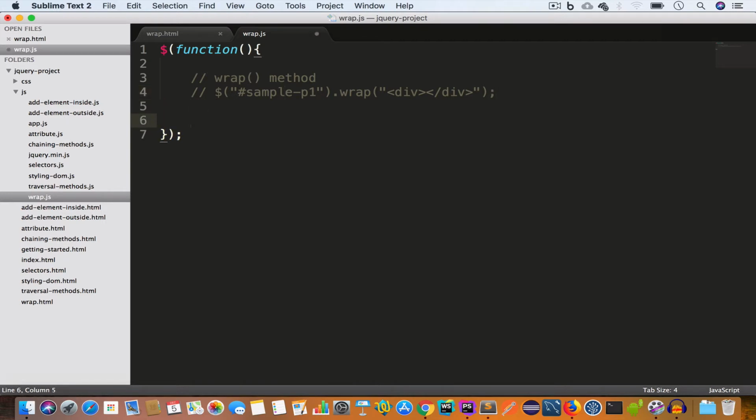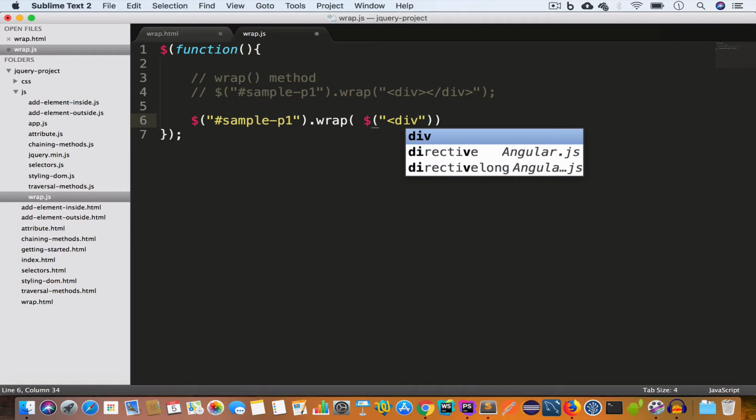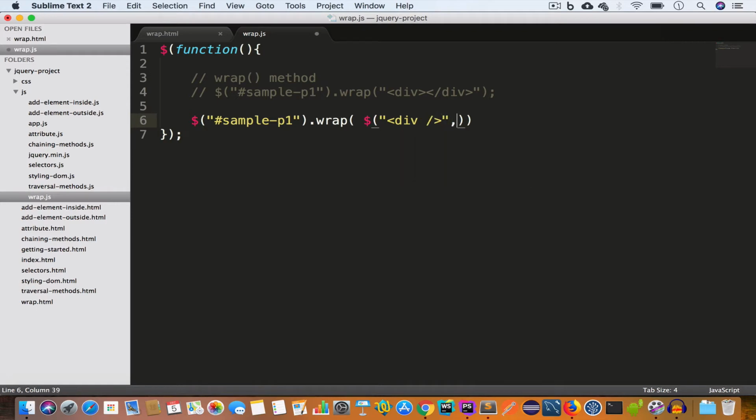So we'll again target the paragraph. So we'll write hash and then sample-p1 and we are going to call the wrap method. And this time we are going to create a div and we'll give it an ID sample-div1. So inside the wrap method, we'll pass $, round brackets, and we'll write div tag, then a comma, then we'll pass an object, and this object will contain an ID, and the value of that ID will be